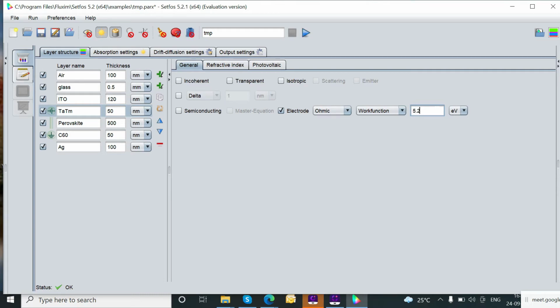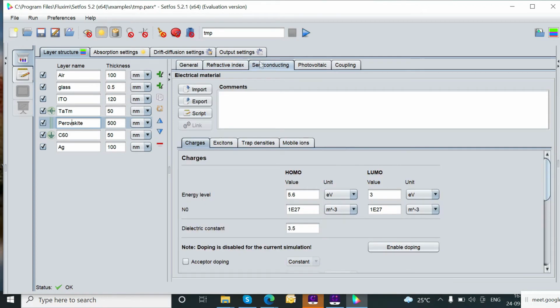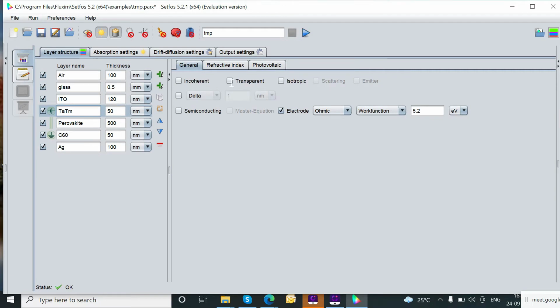On the right of the screen, you can find the layer structure, layer name, thickness, and energy levels between the semiconducting and electrode materials. You can visualize it on the right of the screen. Now I would like to set the electrode parameters. For the time being, I would like to disable my layer structures by clicking on this right side button, so that I can define the work functions.